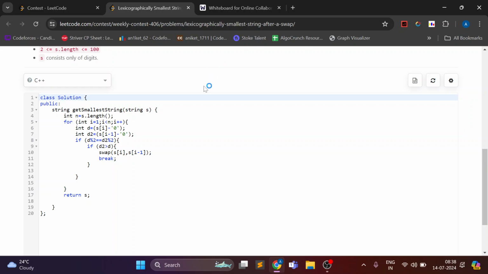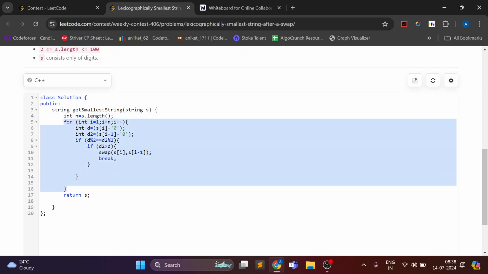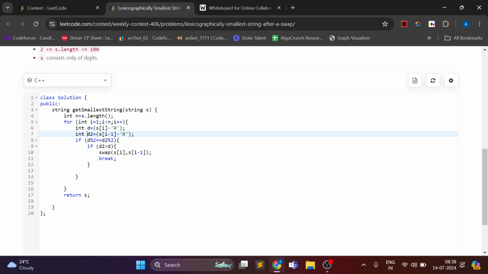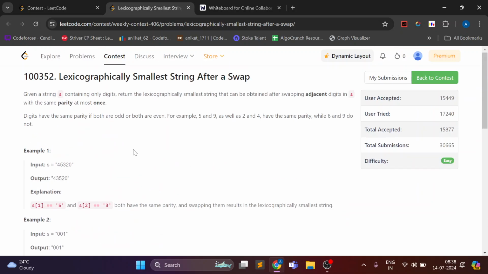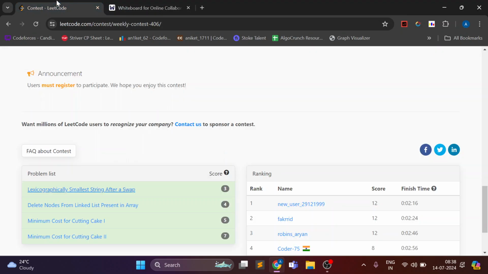So this is an implementation problem. First I'm iterating from 1 to n, finding these two digits d and d2. If both of them have the same parity and the second digit is less than the first digit, I will swap both of them and break from this loop, as I have performed one operation, and finally return the string. So this was the first question. Now